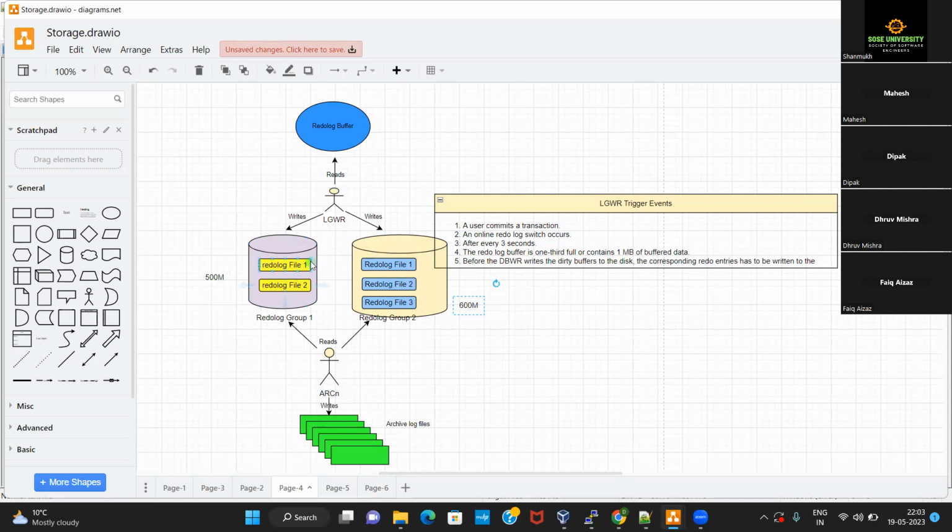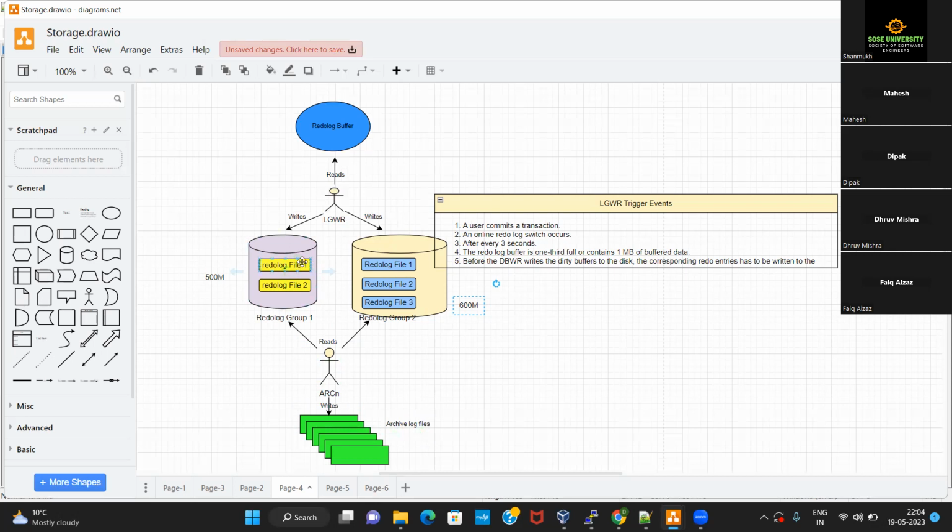So before those redo entries get overwritten in redo log group 1, there is this archiver background process. Its job is to copy all those redo entries from this group and write them into something called the archive log files.